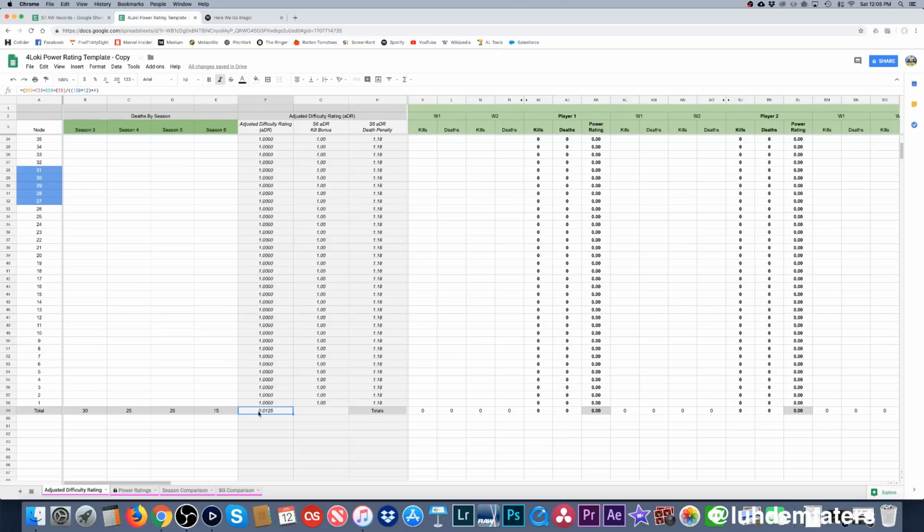Okay, so this is kind of the key cell here. If you look up here, all we're doing is taking the sum of these seasons. This is going to take the total number of deaths from all of these nodes, from all the seasons that you're able to input. So you've got 4 seasons of data that are going to go into this number here. You're just going to have the sum here, and then it's going to be divided by